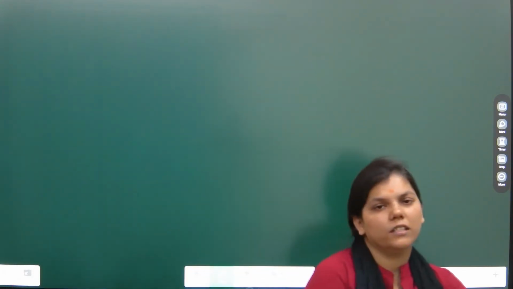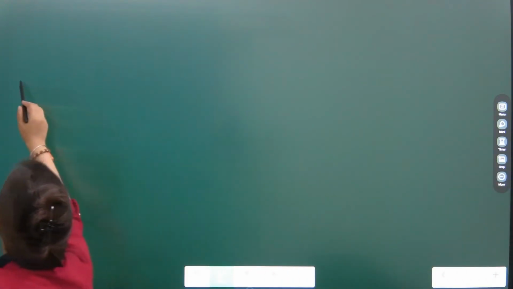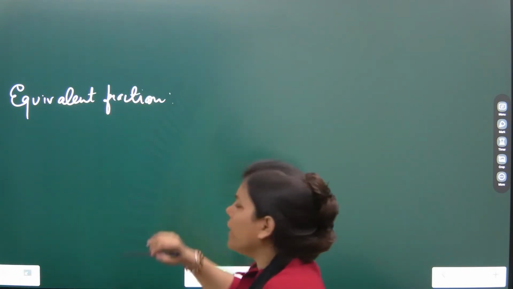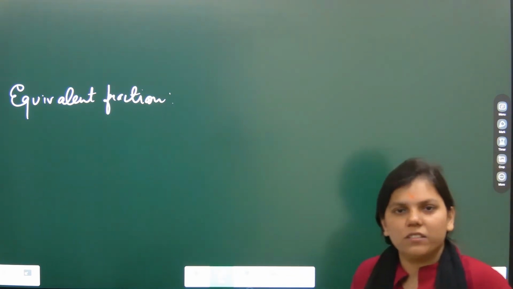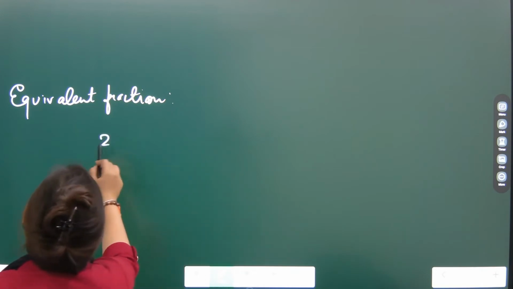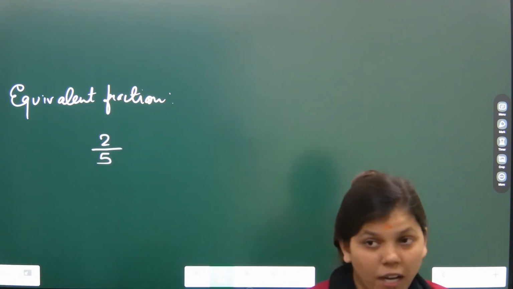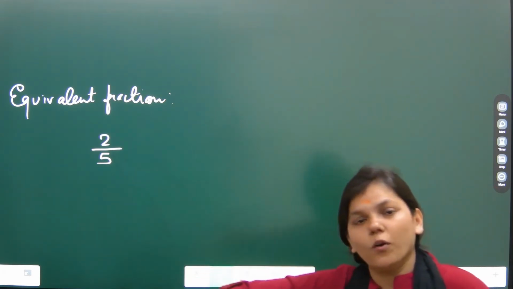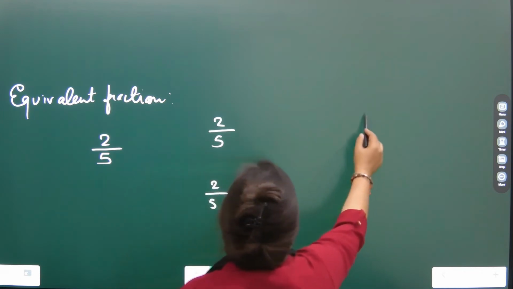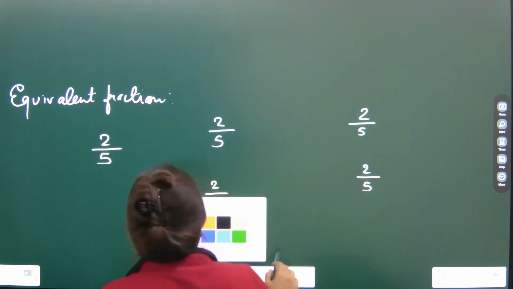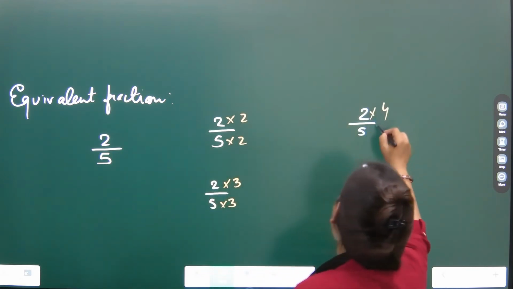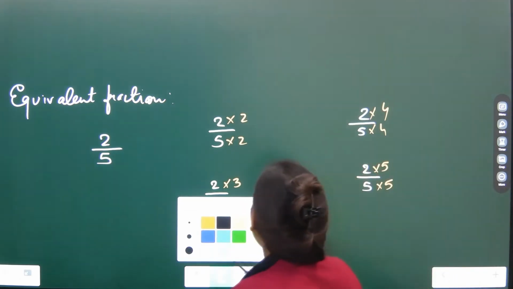Now the next and the last type of fraction is equivalent fraction. Equivalent fraction means when there are two fractions and you reduce one of them, you will be getting the same fraction as the earlier one. For example, let us say 2/5. 2/5 is a fraction. Now, if I multiply the numerator and the denominator by the same number, let us say, I'll use another ring so that you don't get confused. Say for example, I multiply this by 2, I multiply this by 3, I multiply this by 4 and this by 5. And if I write the answer,